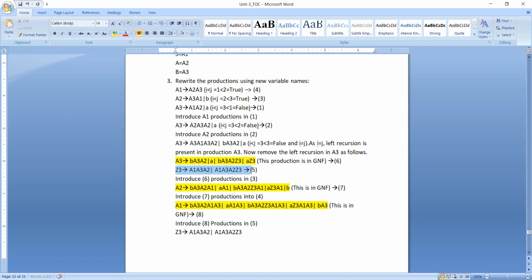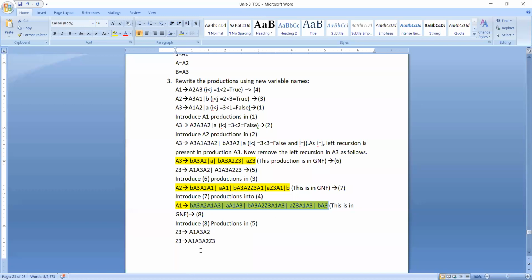We have Z3. Now as we have a lengthy production available here, I am going to divide this Z3 into 2 parts. So Z3 like this. Now in the place of this A1, we need to substitute all these productions.